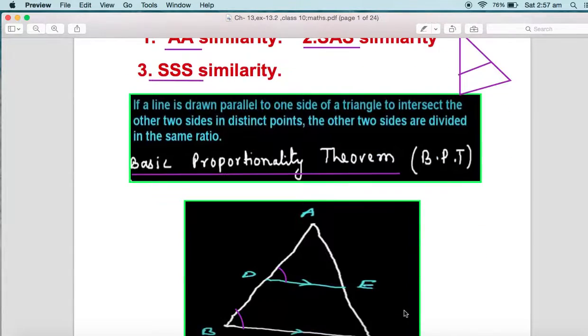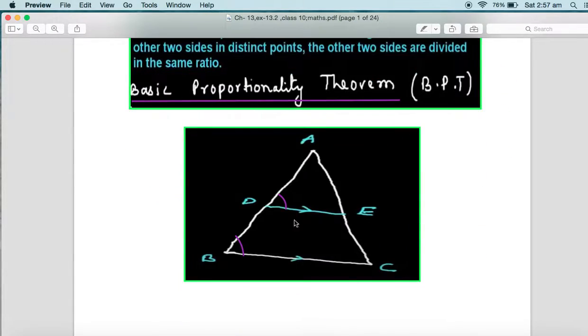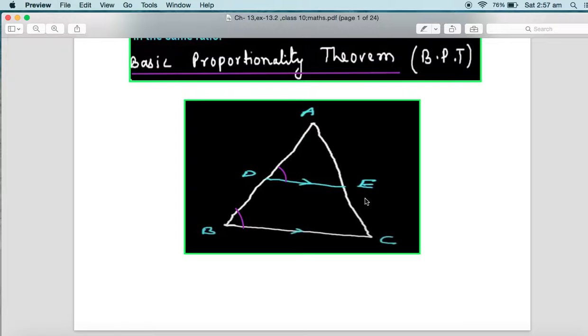So that's what the statement of basic proportionality actually means. Now let's continue. This is the figure. If the two lines are parallel, we can prove the two triangles similar because we know there is a pair of corresponding angles in it. And once these two triangles ADE and ABC are proved similar, we can take the ratio of the sides of the two triangles. We know that the ratio of the sides of similar triangles are always in proportion with each other.